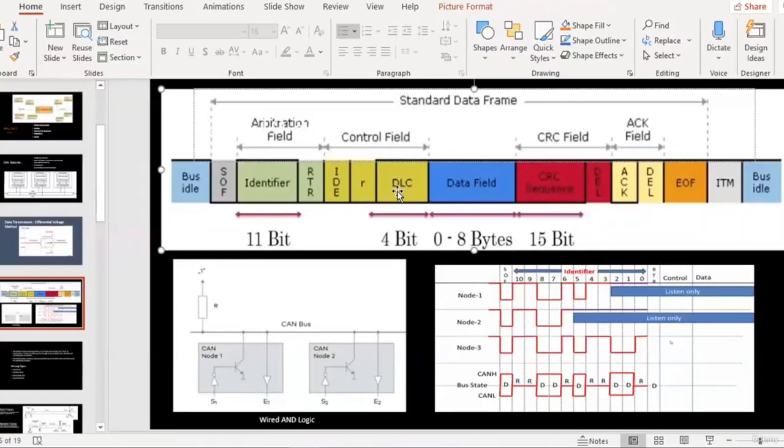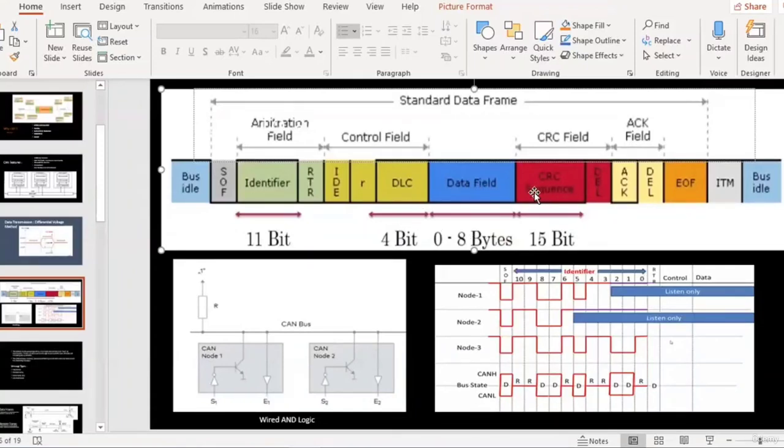Then there is the reserved bit, and then DLC. DLC is basically the length of the data. Okay, so that is 4 bits. The maximum length of data that you can have in a CAN frame is 0 to 8 bytes. So 8 can be represented in 4 bits only. That is why the DLC has a 4-bit size. And if, suppose, your data frame has only 4 bytes, then you will have the binary representation of 4 in the DLC. So these 4 bits basically signify the number of bytes that are present in the data field.